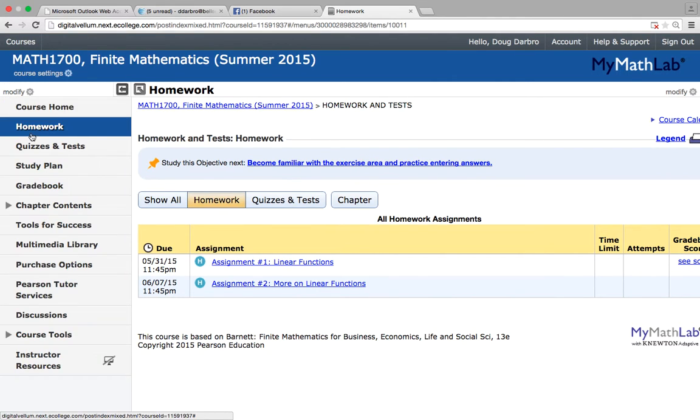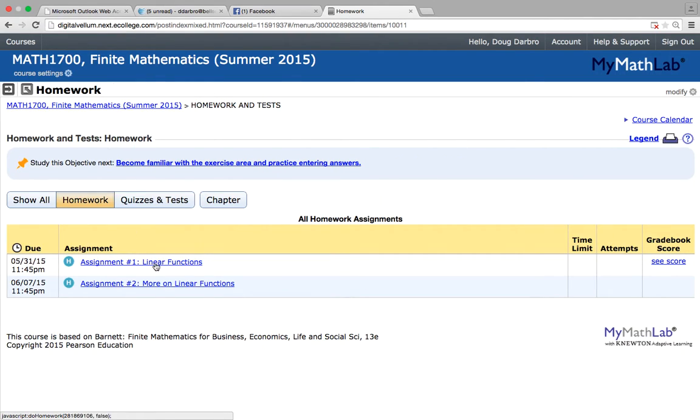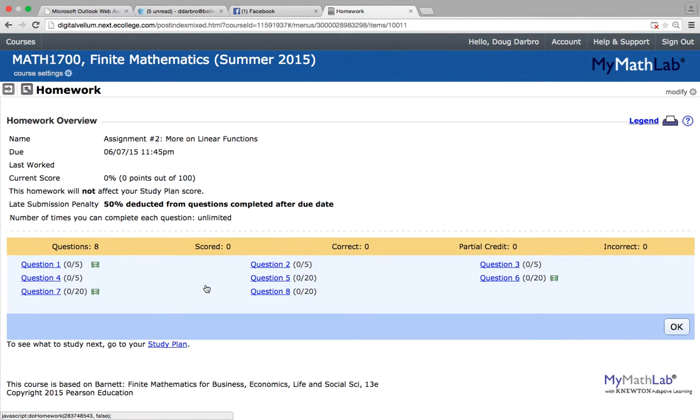When you log on, just go to homework, and I always close this down right here, and it's going to tell you the homework assignment and the due date right here. This one was due the 31st of December. Assignment 2, more in linear functions, has already been posted, and it's due the 7th day of June, again at 11:45. So you can just click this, and the